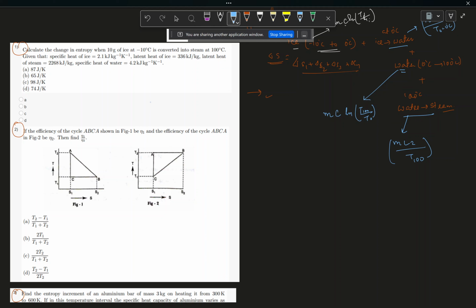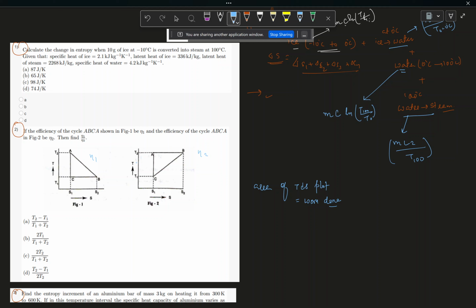But this is again the efficiency of the cycle has to be calculated, where the first case has the efficiency eta 1 and the second cycle has the efficiency eta 2, and you have to find their ratio. So the idea is mostly simple, that whenever you have been given a TDS diagram, always remember that area of TDS plot will be giving you a work done directly. And if, like in these cases, when the area is just a simple triangle and you know how to calculate the area of triangle, half into base length into the height, and these are all right angle triangles, so you